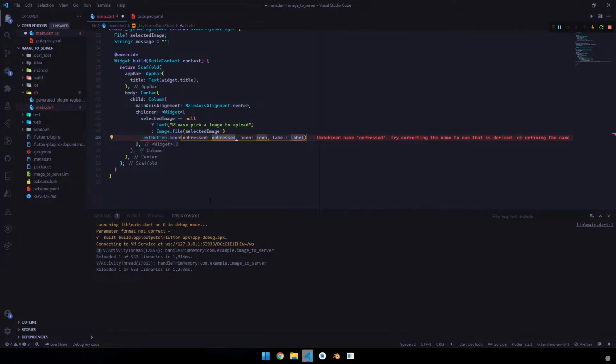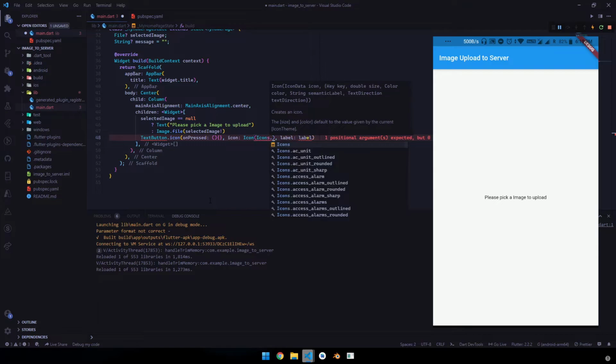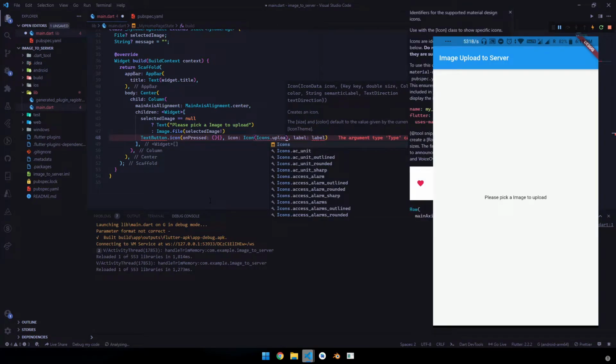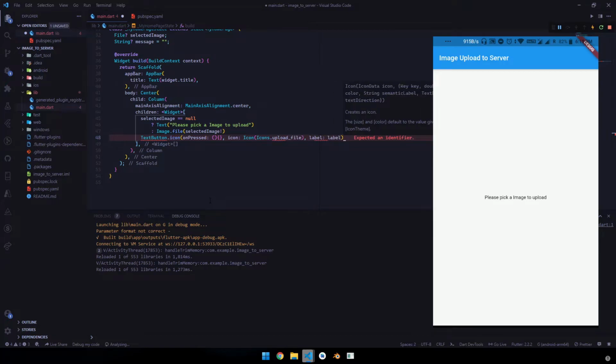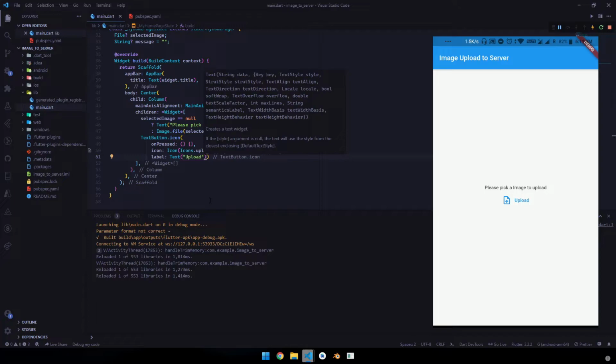So let's say TextButton.icon, and onPressed, let's give it an icon of upload file and let's label it as upload. Label is basically a widget and we will be passing it inside Text, and hit Ctrl S. Now you can see a button with upload text.